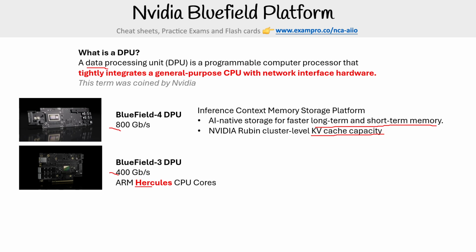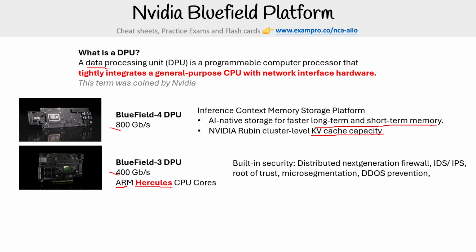And this uses the ARM Hercules CPU cores. I believe the reason I highlighted this is because I saw it on the exam. And so I just wanted to anchor the fact that the Bluefield 3 DPU is using ARM Hercules. And also notice that it's an ARM architecture, not x86. So it has built-in security: distributed network generation firewalls, IDS, IPS, root of trust, microsegmentation, DDoS protection,